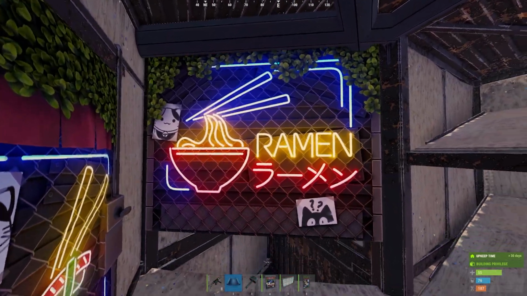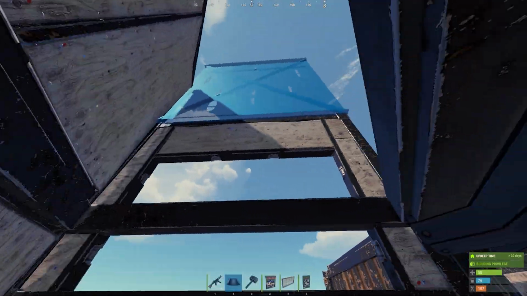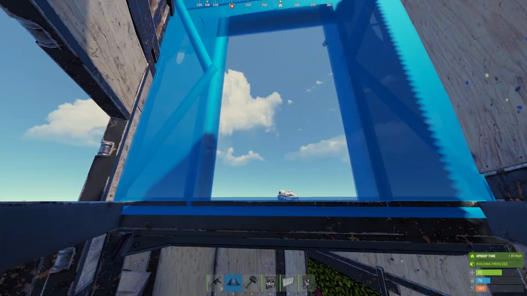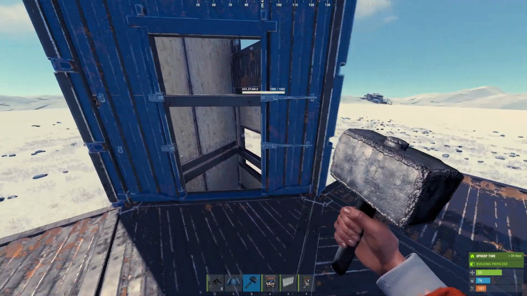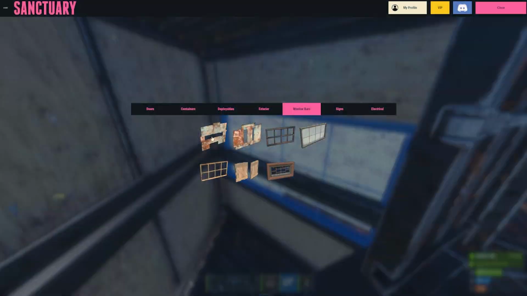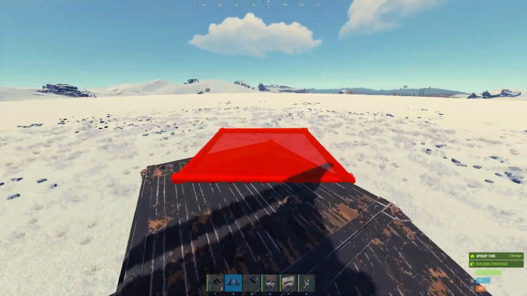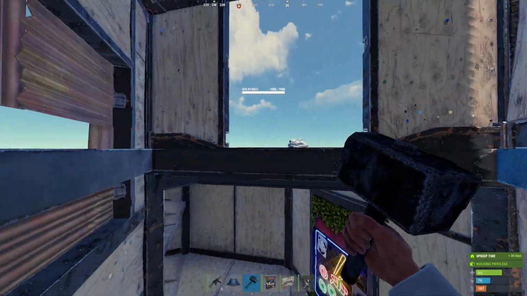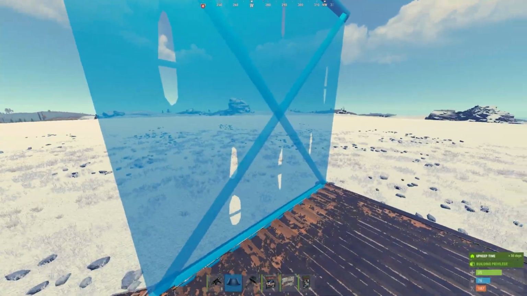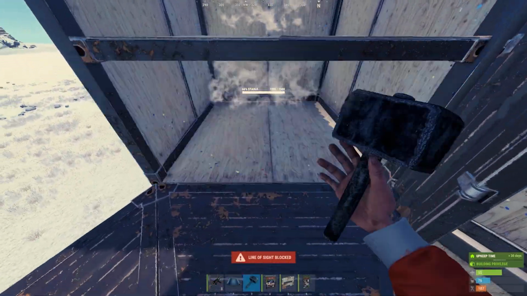Now continuing upwards, we'll be replacing this with a garage door, and right here we will be placing a single door. If you are a trio or quad, I recommend making this a double door for some better quality of life. And we can also place this embrasure here as soon as possible and place this floor, so we get a nice little roof retake. And right here is going to be our third floor loot room,